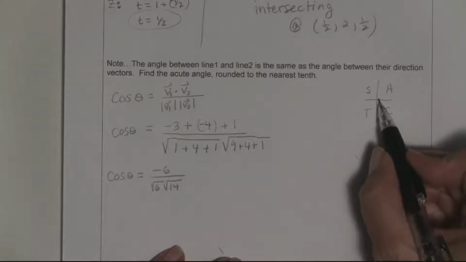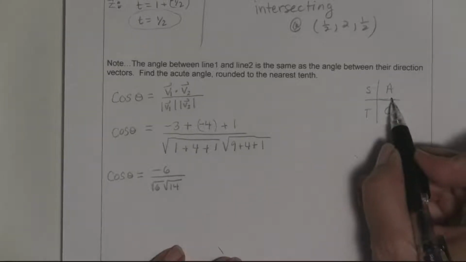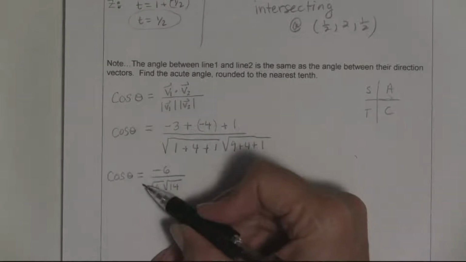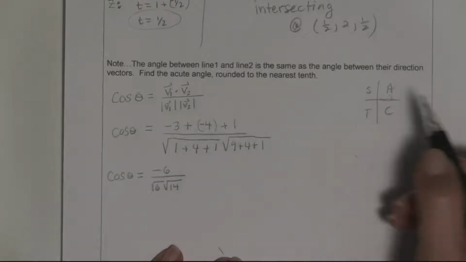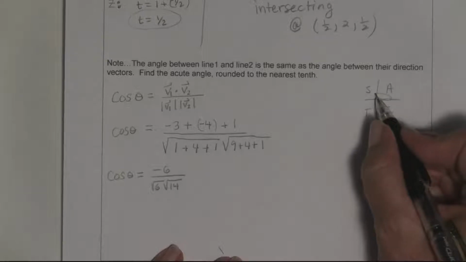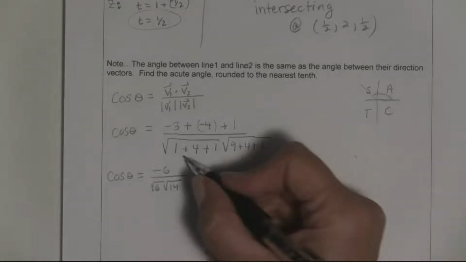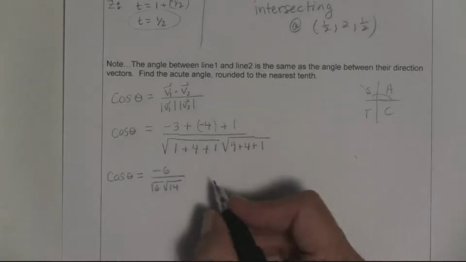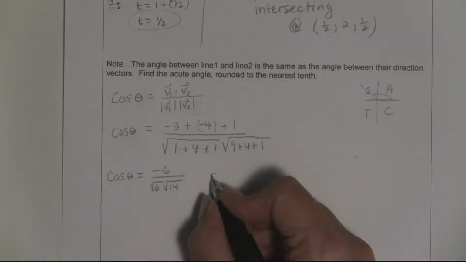And so if your cosine is negative, and arc cosine only goes around in quadrant 1 and quadrant 2, I don't know if you guys remember that, then that means it's the obtuse angle. So if you want the acute angle, you just do the positive. So since I want acute,